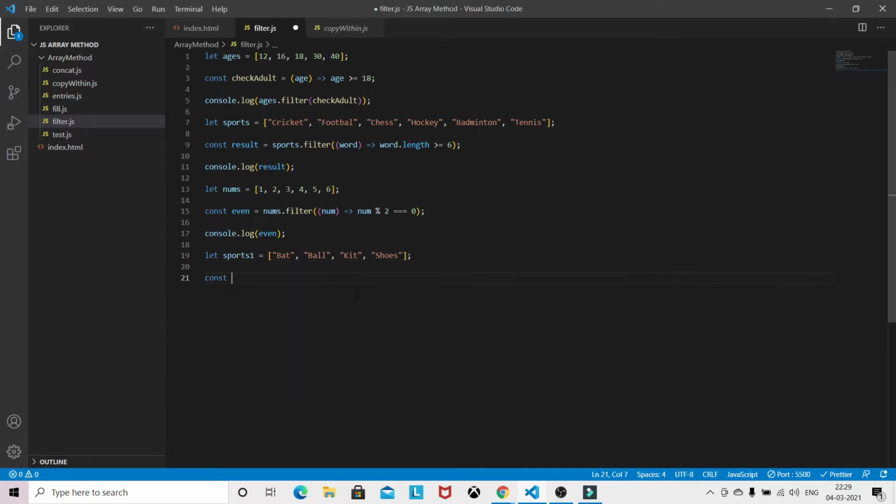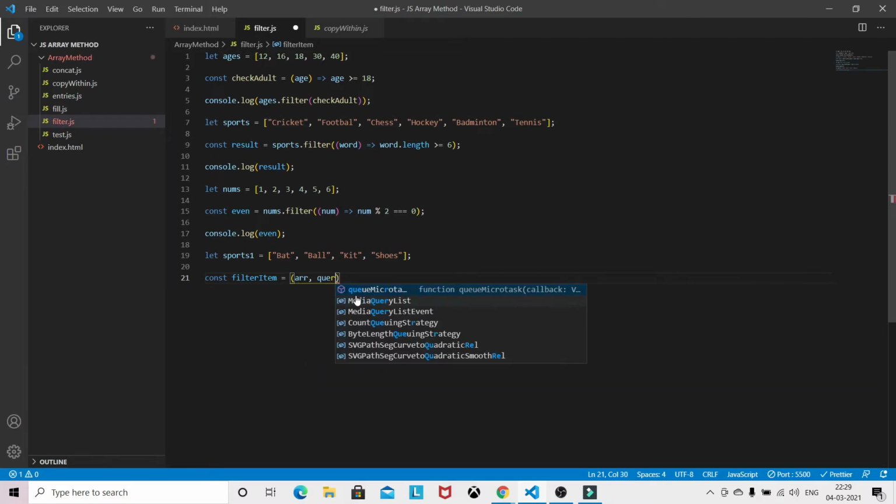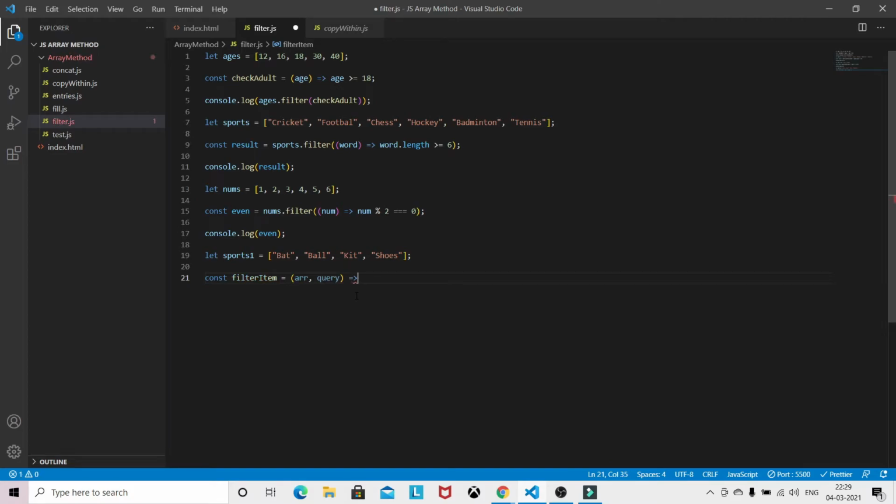I am writing one function, filterItem, and we will receive a query. The first argument is the array and the second one is the query, because we are going to perform the searching.